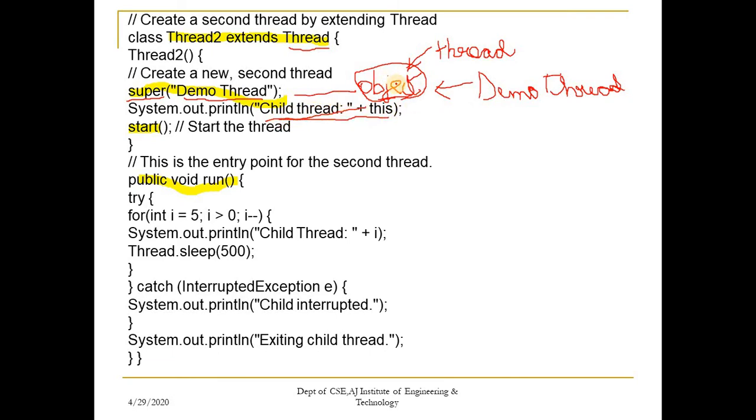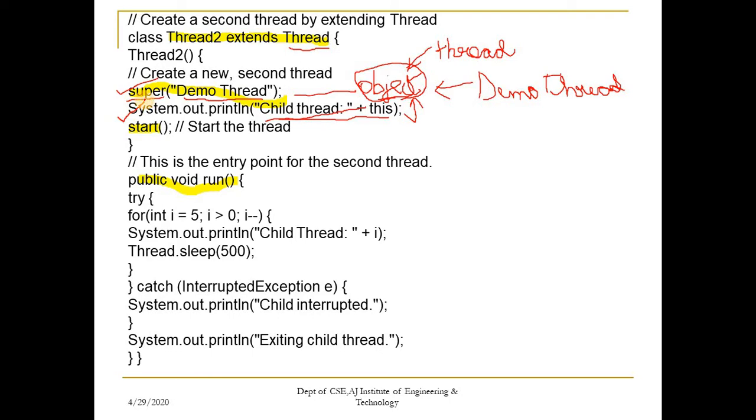So we have created an object. As I told you, when we create an object, actually we are creating a new thread. So in the next println statement, we are displaying that child thread and appending it with this. You already know that the this keyword represents the current object, or the object of the class Thread2. Over here, this represents an object of class Thread2, which is indirectly the thread, which is nothing but the thread itself. So here, using this super constructor, we have created a new thread.